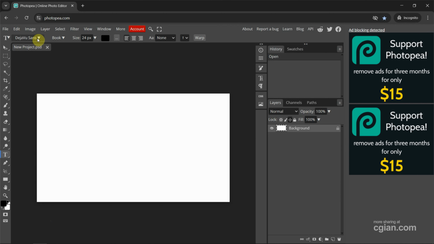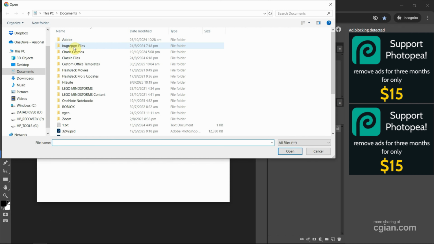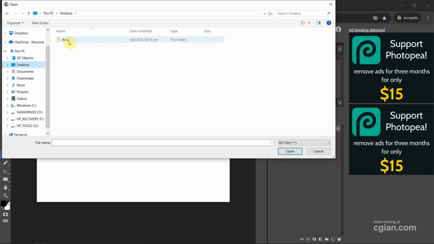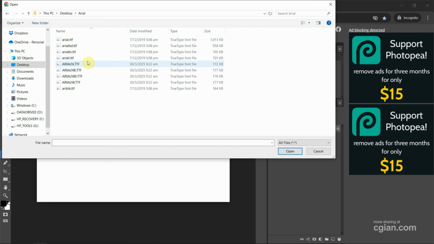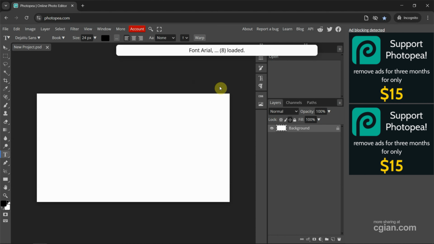And then we can go to the fonts, load fonts again, and go to the desktop where we found the Arial fonts that we pasted before, and I press Ctrl+A to select all and open it. And then we can press OK to add the fonts to the photo editor and wait a moment, and then we